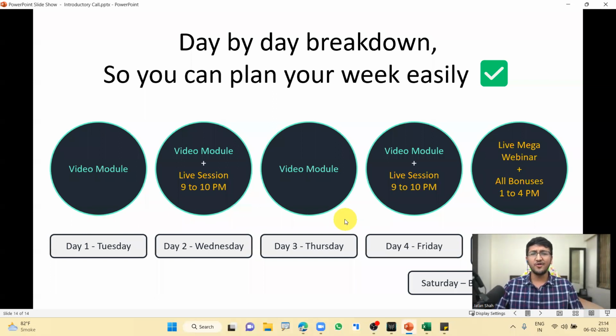Now, guys, for the first 4 days, I have been constantly talking about video modules, right? The question here is, how do you get access to all these video modules? Is it going to be given to you on WhatsApp, YouTube, Google Drive, Telegram? The answer to it is absolutely not. It is going to be given to you inside your own account. So everyone who has registered for the workshop, attending this call, or maybe later going through the recording of it, everyone has an account created for themselves on our platform. All you have to do is log into your account and all the modules are waiting for you. But before I actually talk about all of that, let me show you how to log into your account.